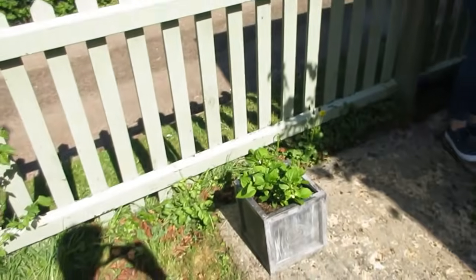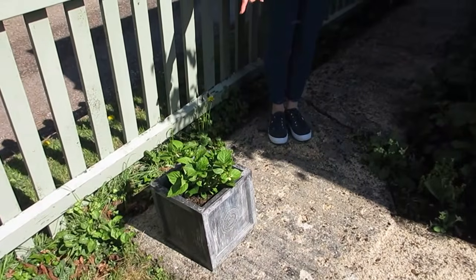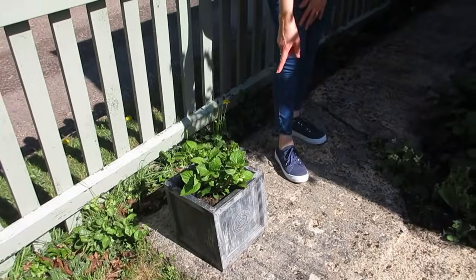Well, you have a little hydrangea up in your pot there, haven't you? Oh yeah, walked past that one, but again that was from a cutting, just from one pink hydrangea that we had. I really love the look of these pots, and this was actually just...